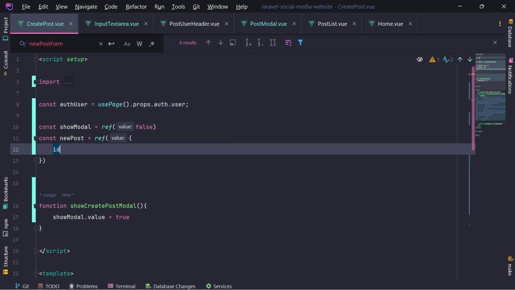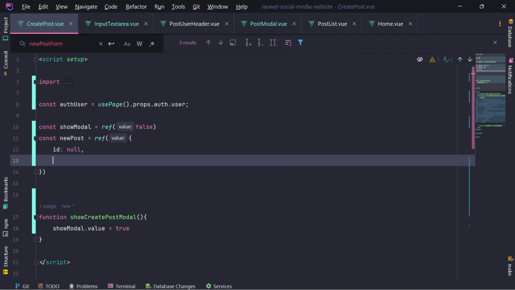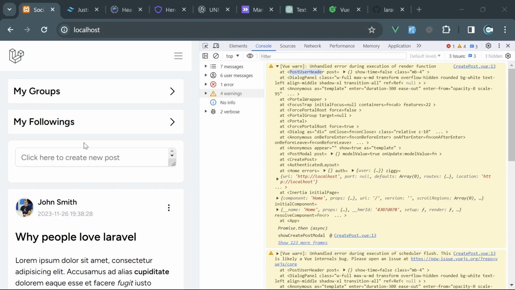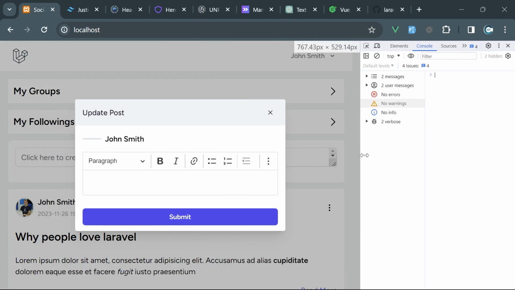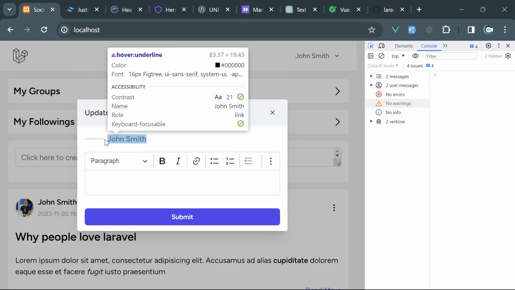This new post basically has the following structure. We can provide the structure as well: ID, null, body, an empty string, user. We can provide the user ID, but I'm going to just provide the auth user. Okay, let's now check this. Click on this. Okay, it brings that pop-up. John Smith, the avatar is not there